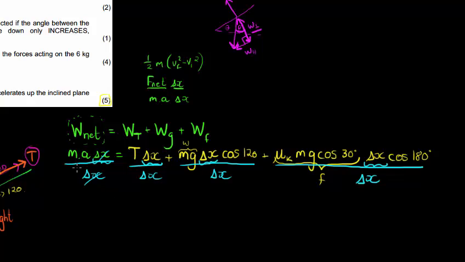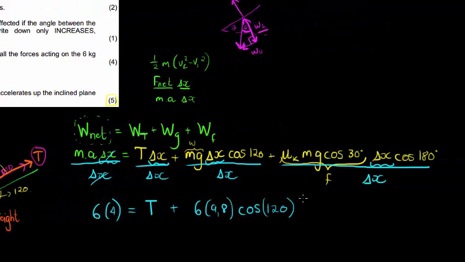So in the end, we're left with mass times acceleration. We're working with a 6 kilogram, accelerating 4 meters per second. T is what we want. Plus mass times gravity is 6 times 9,8. Delta x we sort out, cos 120. Okay, mu they said for the 6 kilogram, I think was 0.2, was it? Yeah. 0.2. Mass is 6, gravity is 9,8, cos of 13,